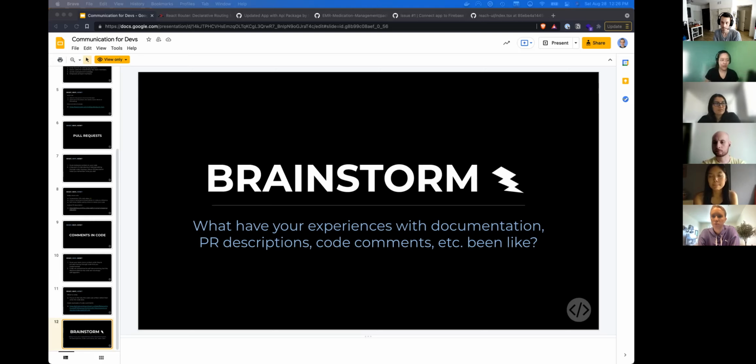The idea there is that if you keep your documentation in the actual code base where engineers are working, it's easier for them to actually write the docs.